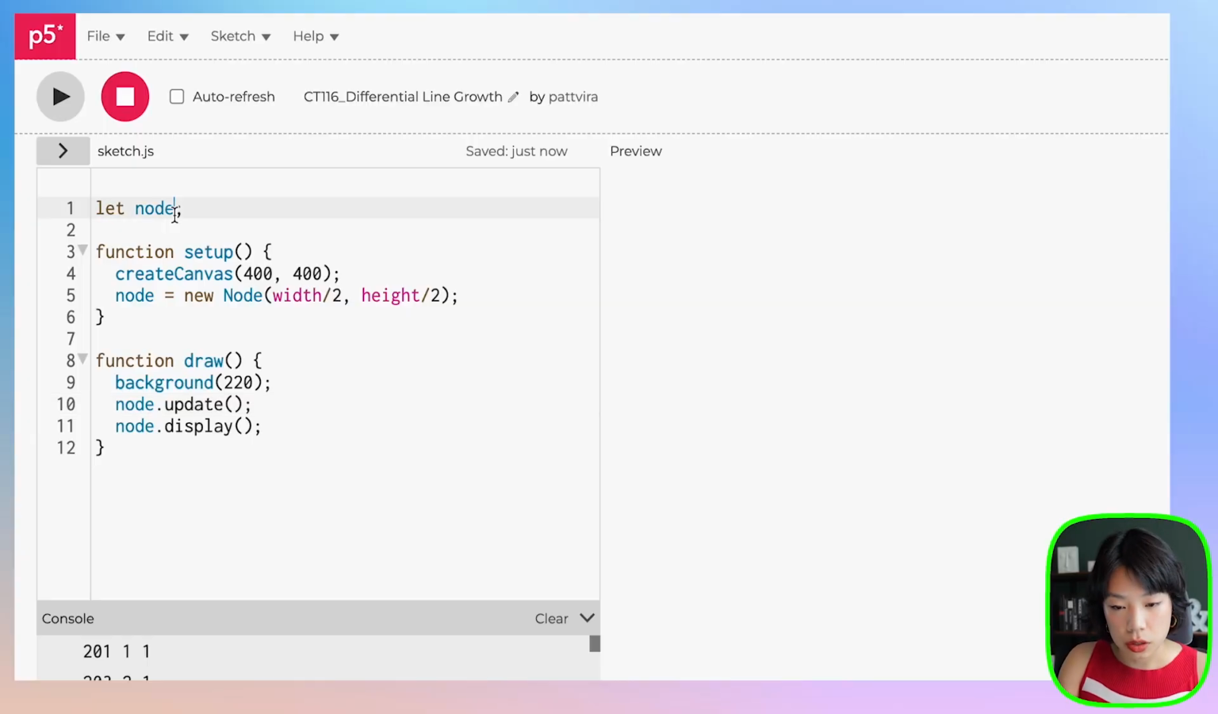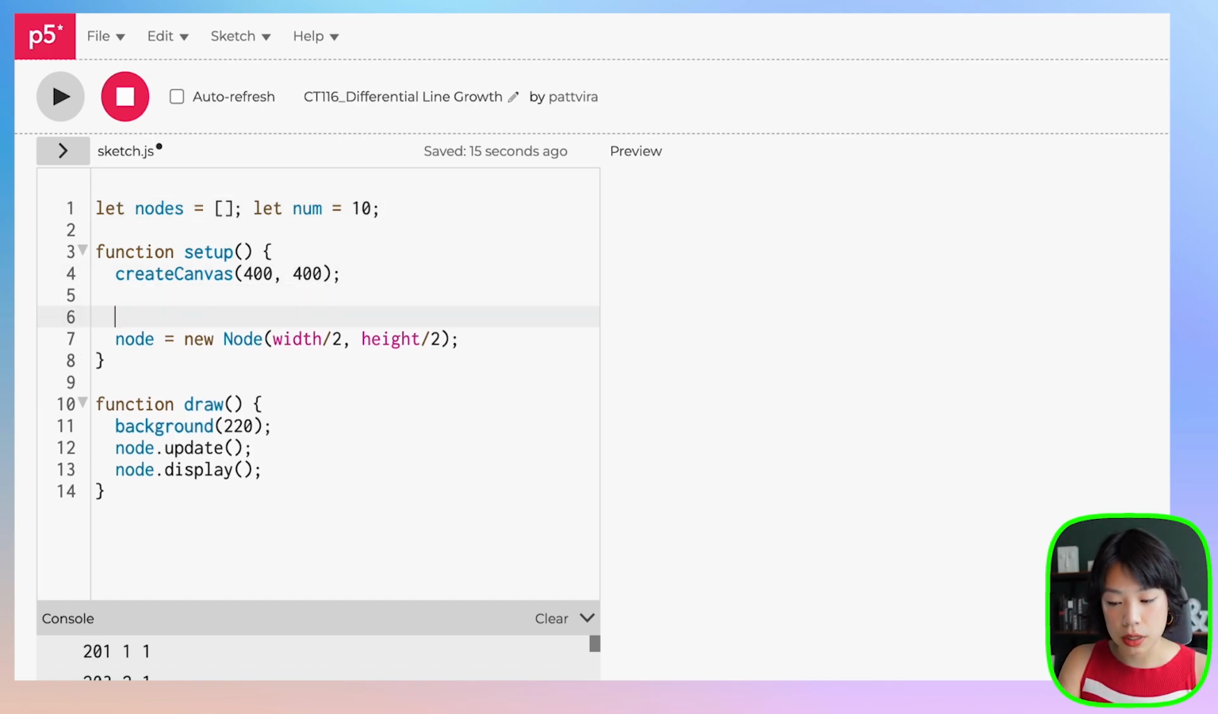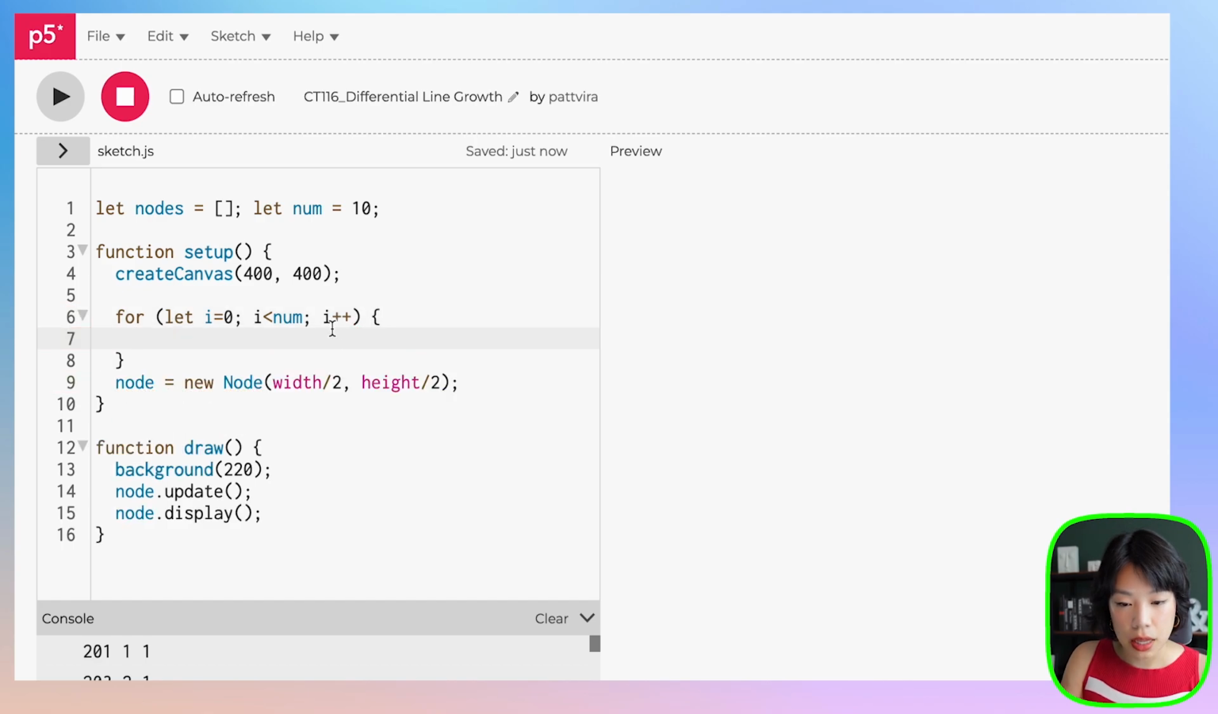Now what I want to do is go back to sketch, and instead of just creating one node, let's create a bunch of nodes. So we're going to create an array of nodes, and then we're going to create a new variable called num. Let's set it to, how about we start with 10. So what I want to do is create 10 nodes that have initial positions around the circumference of a circle. So inside setup here, I'm going to use a for loop that goes from i equals 0 to i less than num, i plus plus,